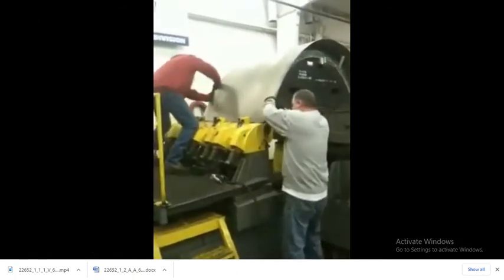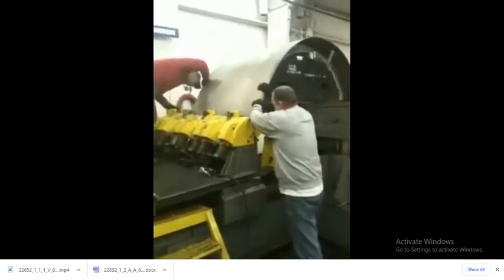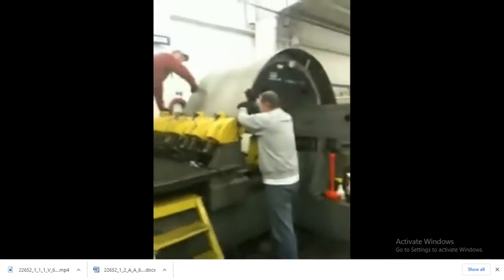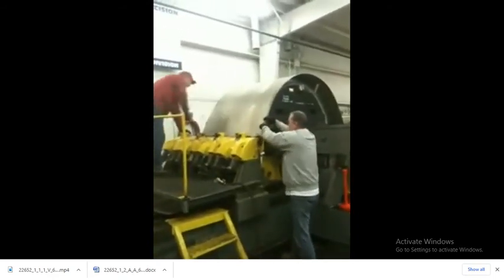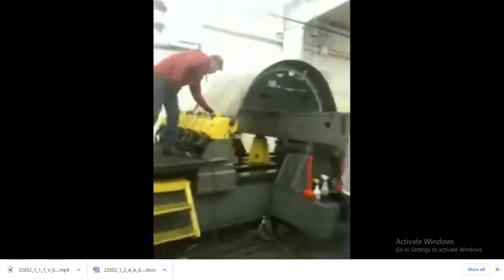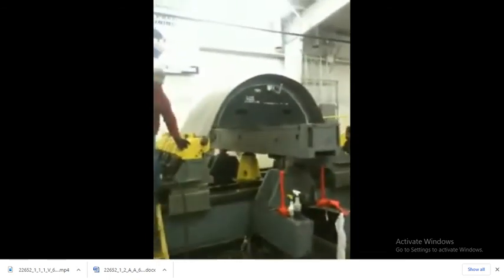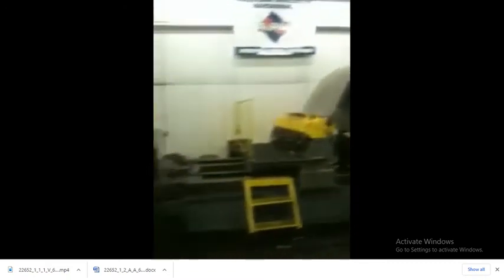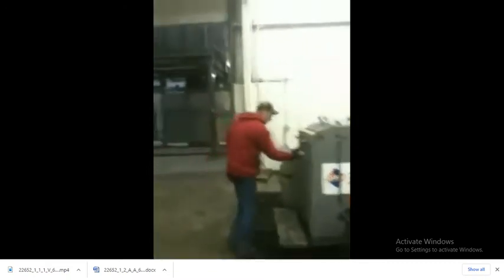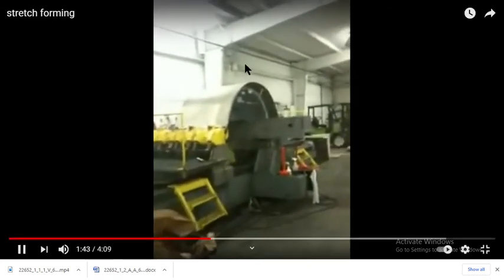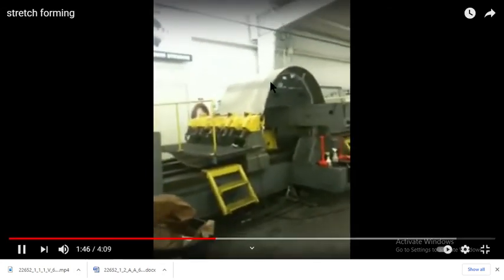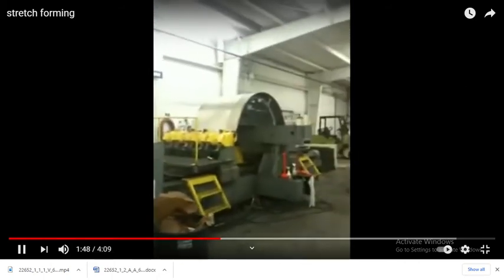This sheet is gripped between the jaws. Now the pressure is applied on the sheet with the help of the ram or die here. Below this sheet there is a die which is applying the pressure on the sheet.